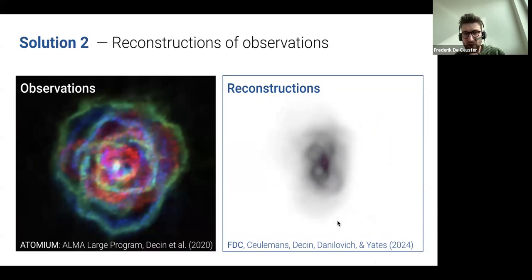But I hope you can already see that, from a method point of view, it works very nicely. It allows us to get actual 3D models of observations that previously we had no idea how to interpret or how to play with. And now they become tangible. We can look at them from different sides. We can now run chemistry models on them, and we're a lot more free in what we can actually do.